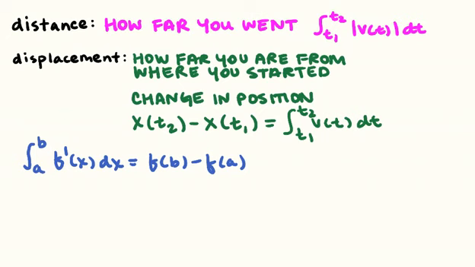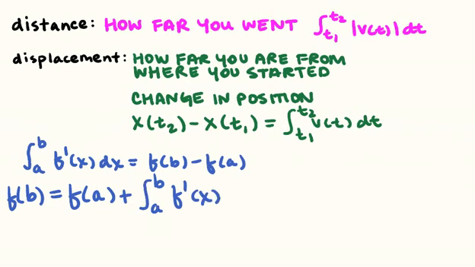But if I added f of a to both sides of this equation, I could say that f of b is equal to f of a plus the integral from a to b of f prime of x. Okay, we'll be using this quite a bit today and honestly kind of the rest of the way through. Okay, and I really like this version of the fundamental theorem of calculus because it makes a lot of sense